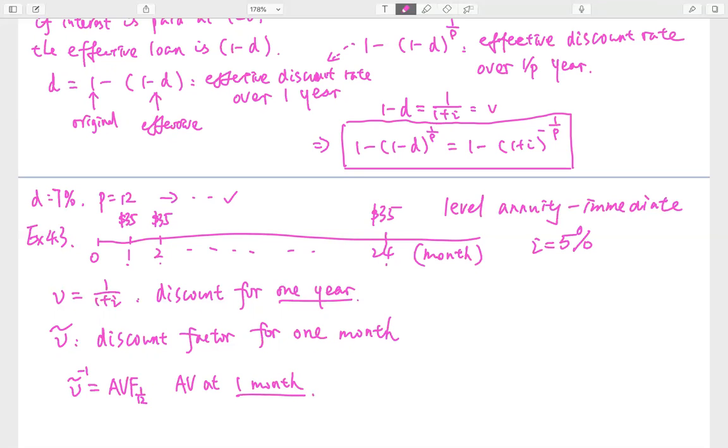What we have is not for 1 month, what we have is for 1 year. So this accumulated for 12 months is 1 year, and it should be 1.05, right? So from here, what we can get is